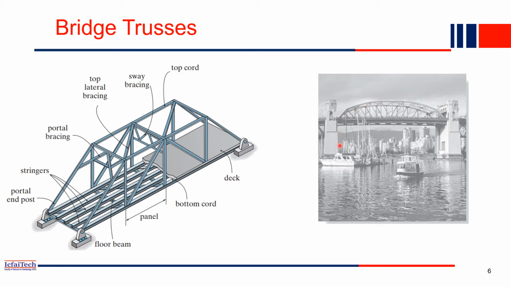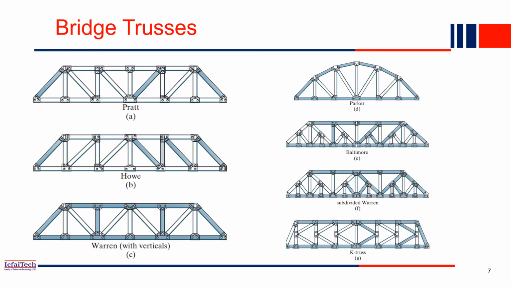We go for a truss where we need a longer span. This bridge may be a combination of truss and concrete structure. Whenever we need a very large span, for example when a vehicle or a ship wants to pass, we may need a very large span. In that case we go with the truss in that portion. So that is the bridge truss. These are the different types of bridge truss available.